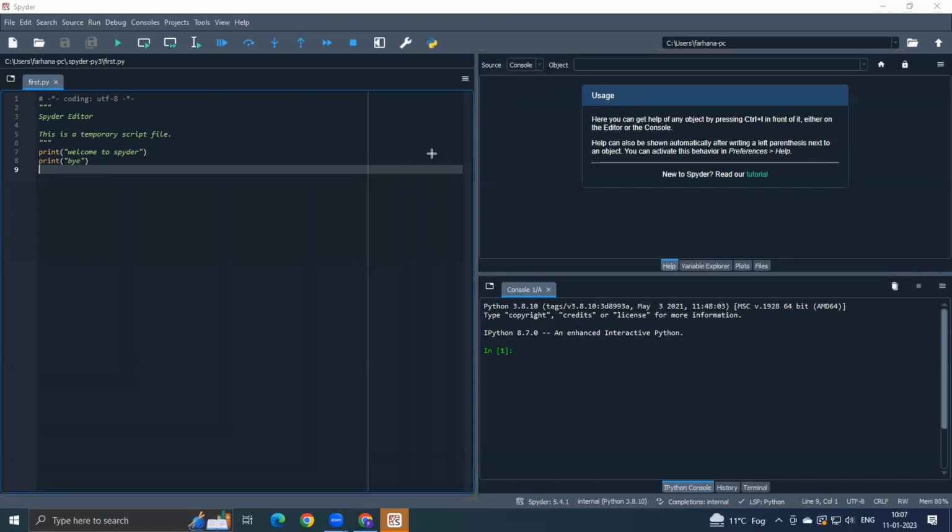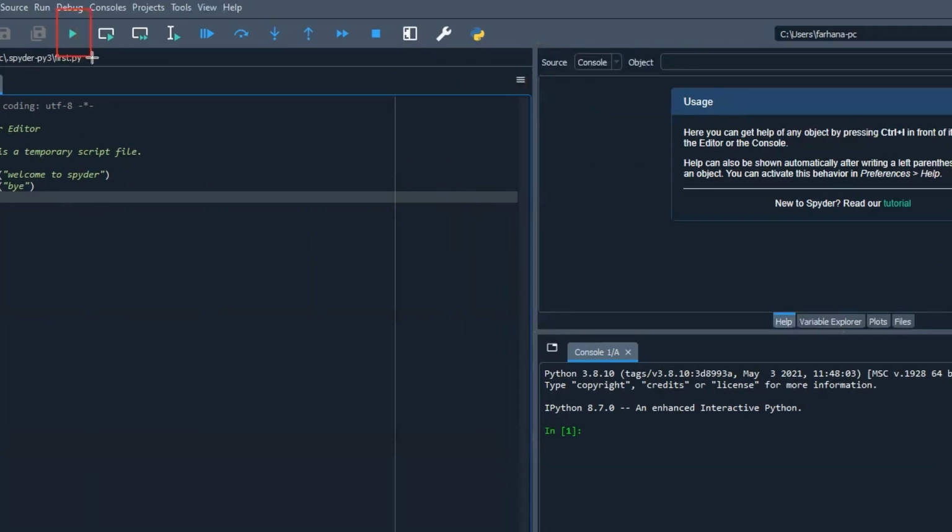To run your code, we have to click on the run button which is present here, or you have to